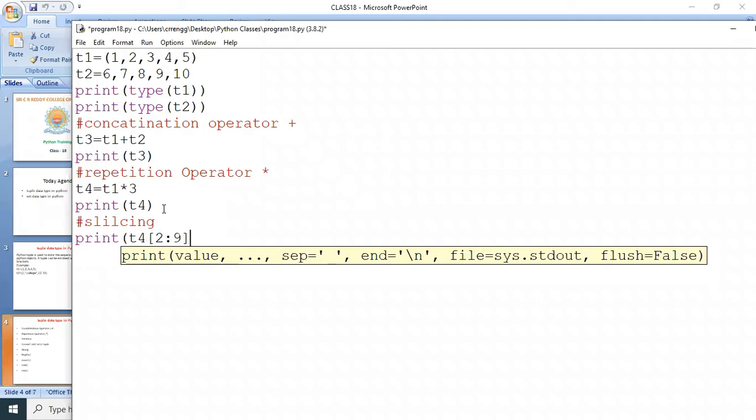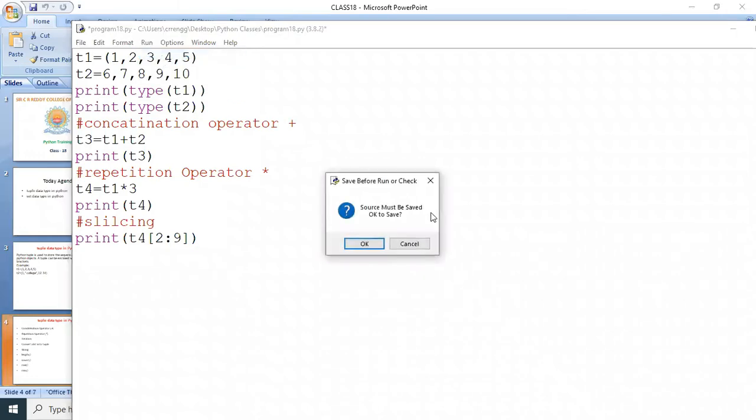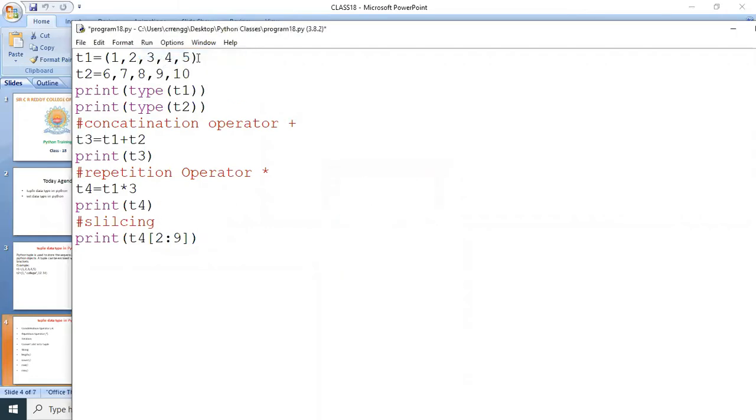Everyone please give the response in the chat box. What is the expected output for this? So print T4, 2 to 9. I hope you all know the slicing. What is the T4 here? The T4 is 1, 2, 3, 4, 5, 1, 2, 3, 4, 5, 1, 2, 3, 4, 5.